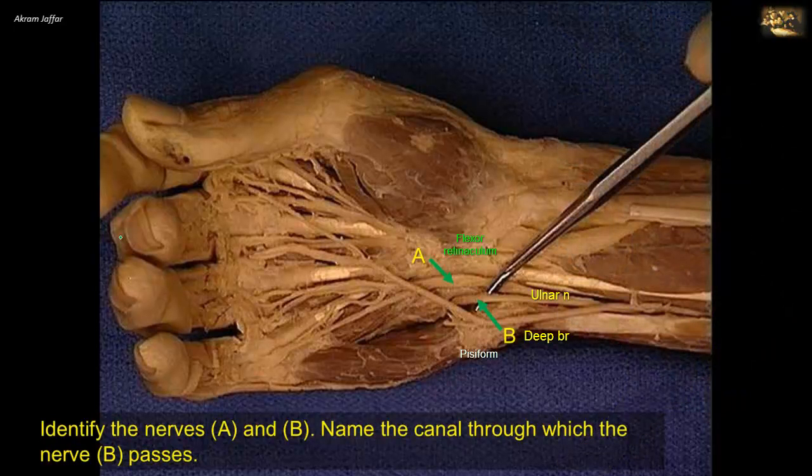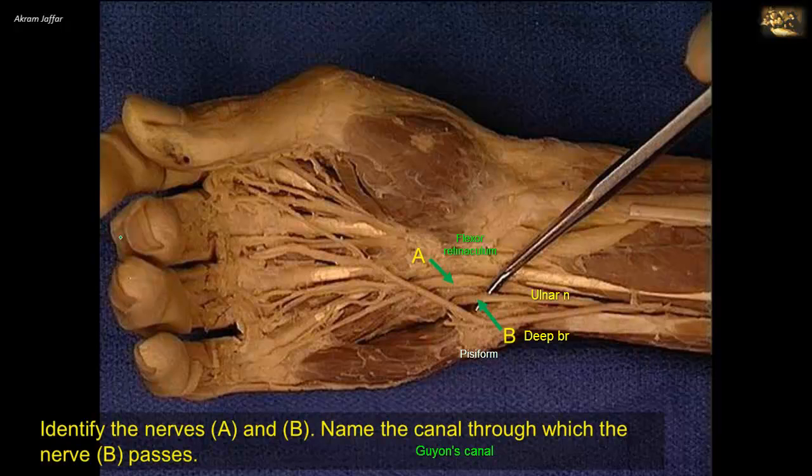Thus, the ulnar nerve may be compressed as it passes into this fibro-osseous tunnel, resulting in what we call ulnar canal syndrome or Guyon's tunnel syndrome. So the ulnar nerve might also be compressed. The deeper branch of the ulnar nerve might also be compressed, although the ulnar nerve does not pass through the carpal tunnel like the median nerve, but it can be compressed while the deeper branch of the ulnar nerve passes